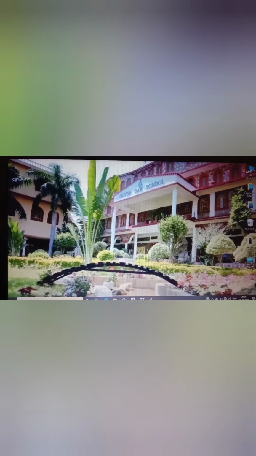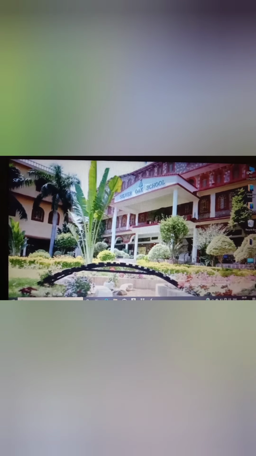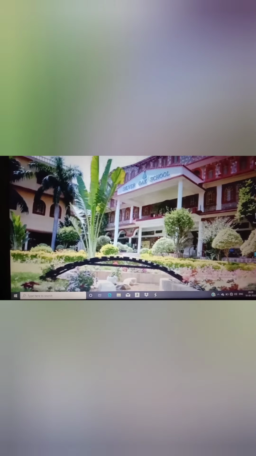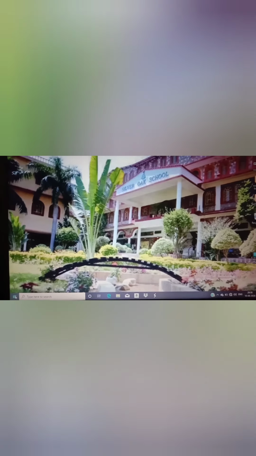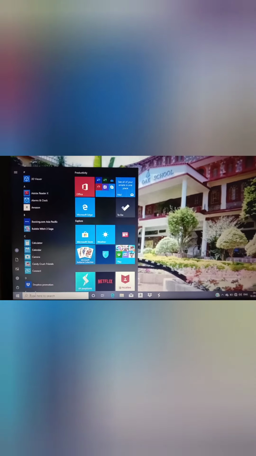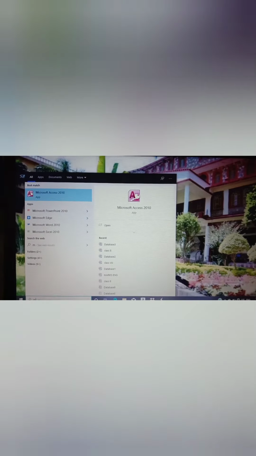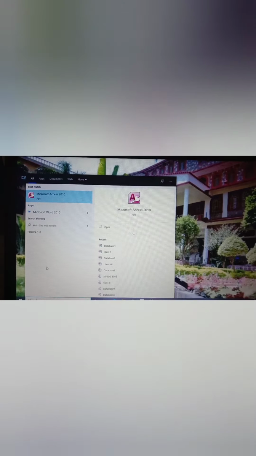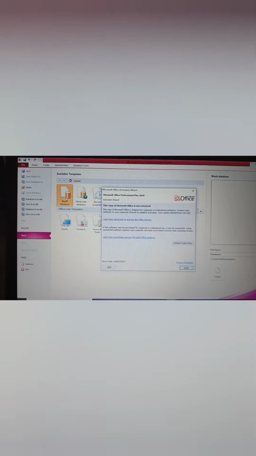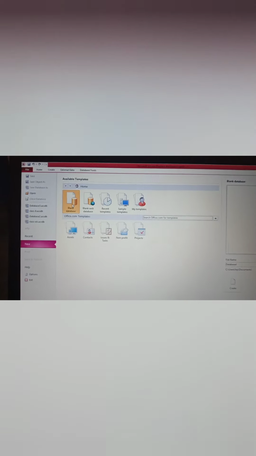Students, for creating a query, first we have to open Microsoft Office Access and then we have to select a table. Okay. So, for opening Microsoft Office Access, we have to click on the Start button. Right, these are all the programs. From here you have to search for Microsoft Office Access. Yes, the result is ready. This is Microsoft Office Access 2010. Double click on this. So it's opened.